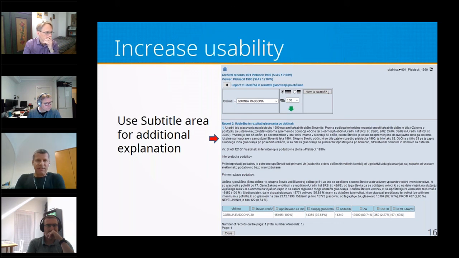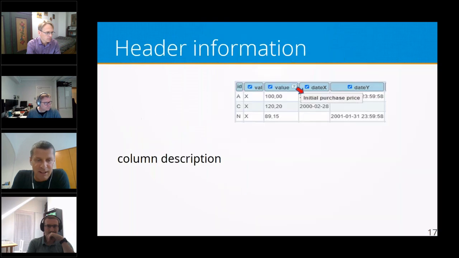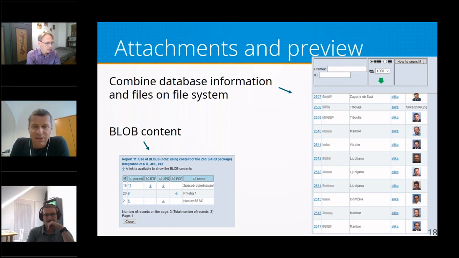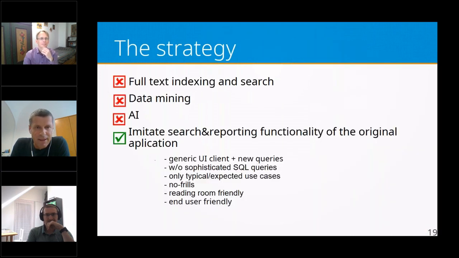What is very important is that in the subtitle area, we can add longer text, which will improve usability of this data. So when the user looks at the results, there will be some explanation already available. Then we can have attachments shown as content of the file. We can show the content of the blob. And as a last slide,